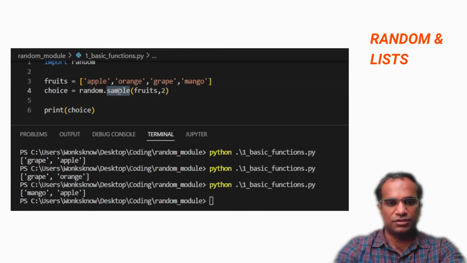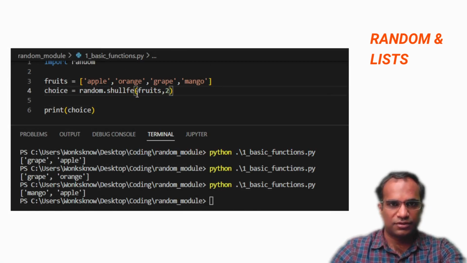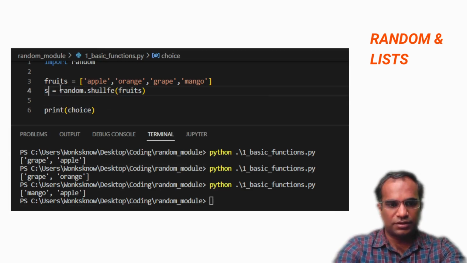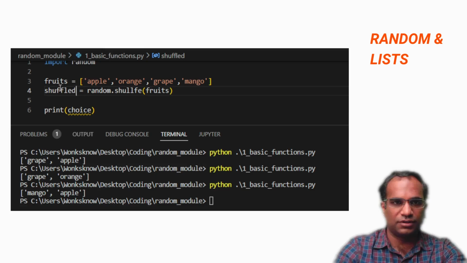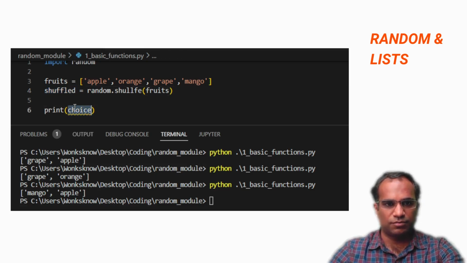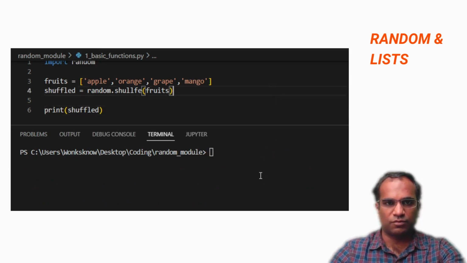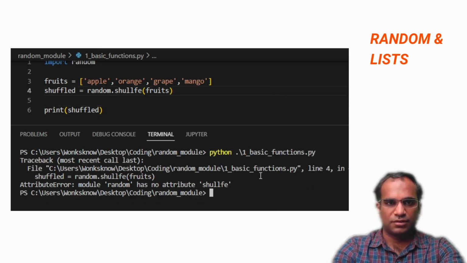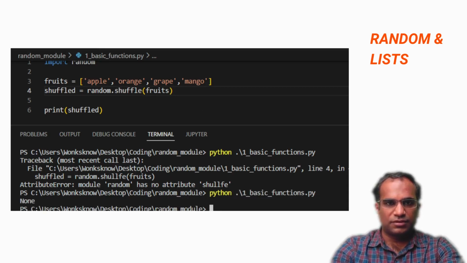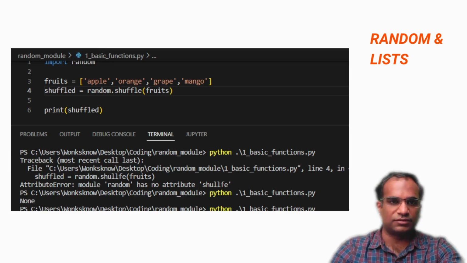Now I'm just going to change this and put the shuffle. I only need one argument, the list, in here, and this is going to be the shuffled list as the output. And if I were to take a look at what we get when we do this, there's a spelling mistake. Alright, let's take a look. It gives us, this is an interesting one,